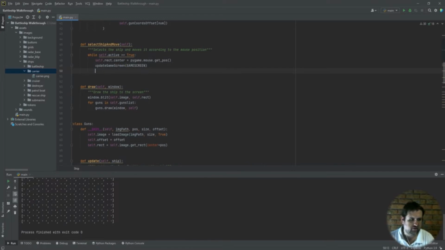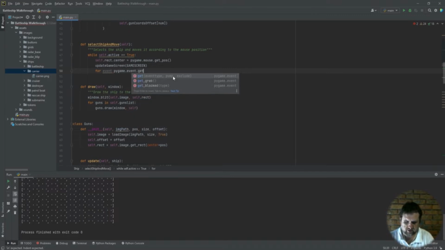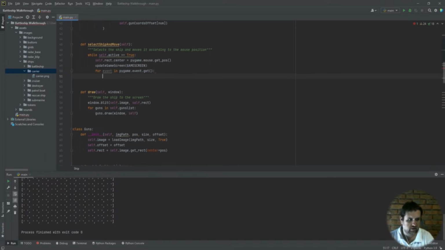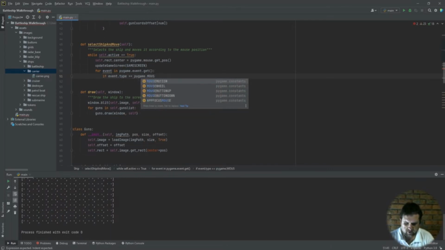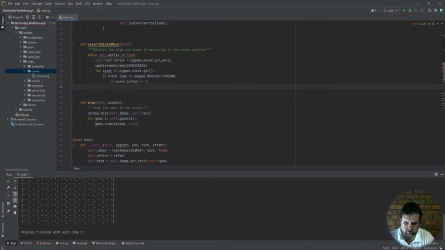Okay. How do we break out of this while loop? To break out of it, we need to put in an event handler. For event in pygame.event.get: if event.type is equal to pygame.MOUSEBUTTONDOWN, and also if event.button is equal to 1, right? Then if that's the case,